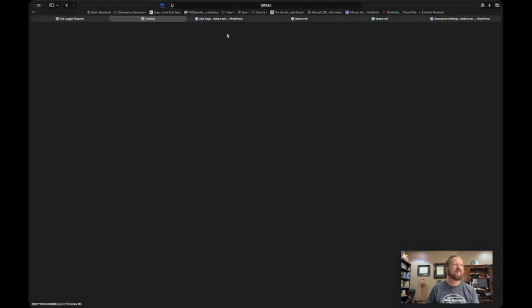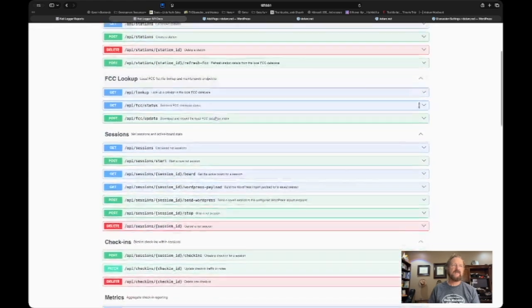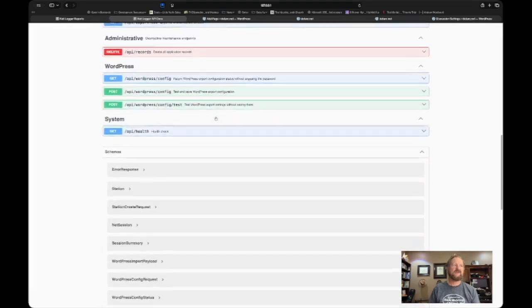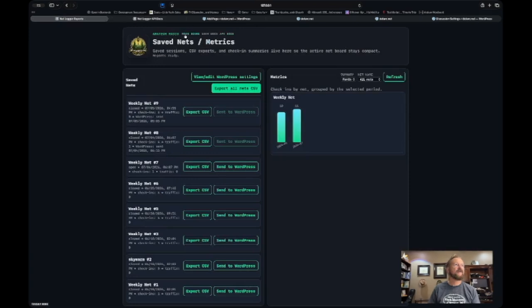And then there's API docs. Be careful here. This is where there be dragons. There are things you can do here to delete all the nets that you've ever recorded, that type of stuff. So unless you're familiar with APIs and how to leverage those, or you're willing to take the risk to delete a lot of your data, then feel free to use this. So I'm going to go back here and go to the main board,